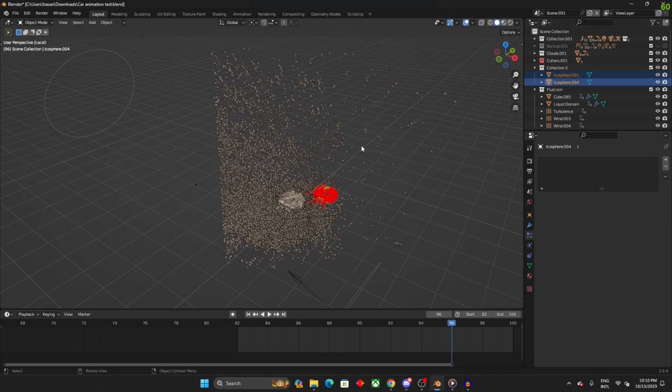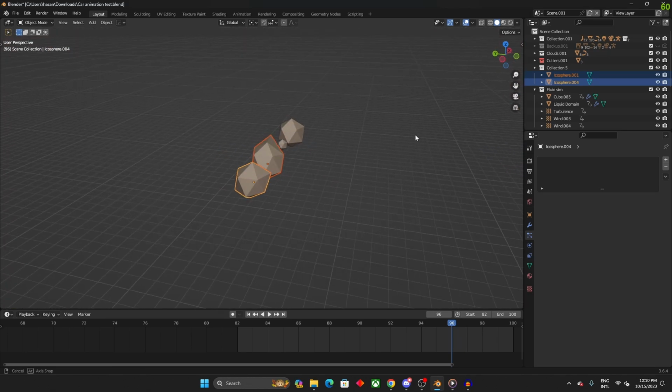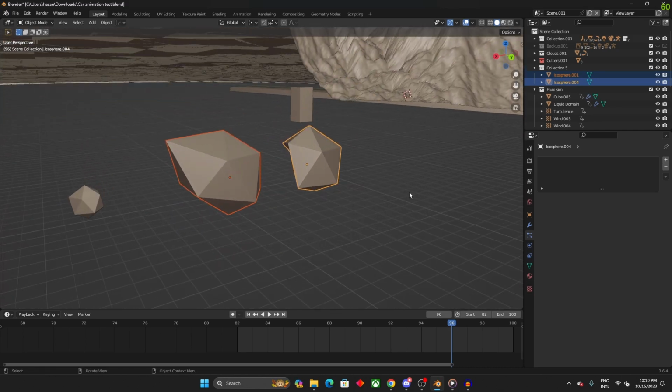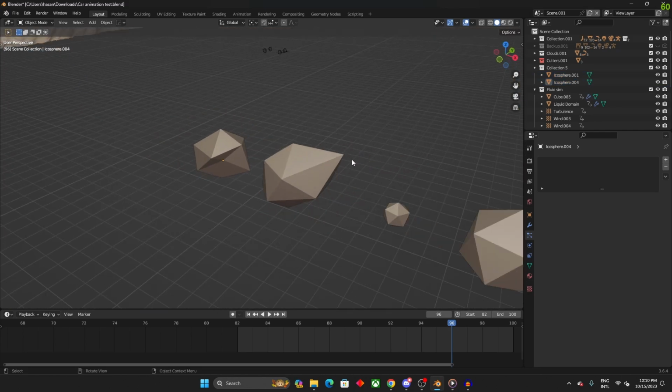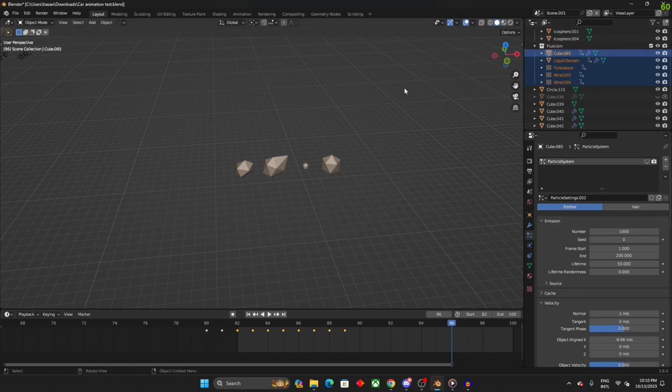If you go over to the local view, as you can see here, these are the two icospheres. They are a bit more bent and a bit more stretched to make it more realistic. Now if you go back to the local view of the fluid simulation,